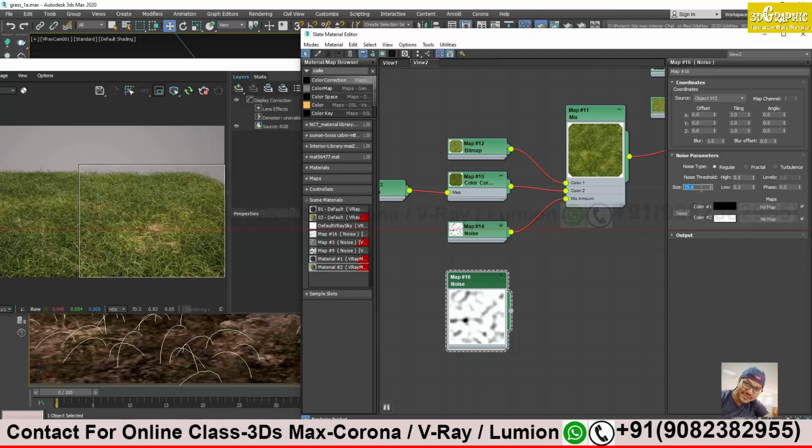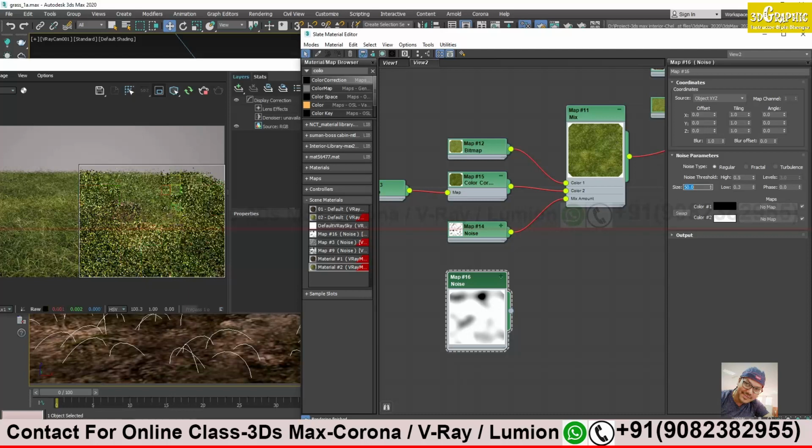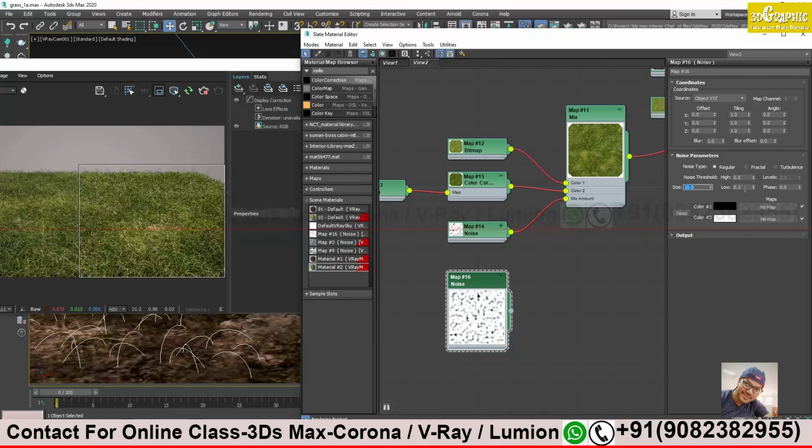It's 20. Make 10. Or make 50, just experimenting. You can see the area is changing. Let's take 10 only, and here we will try to differentiate.